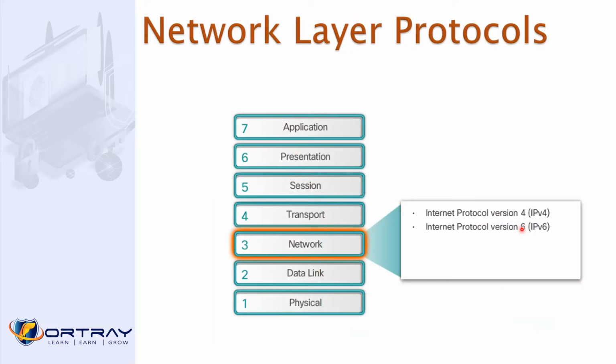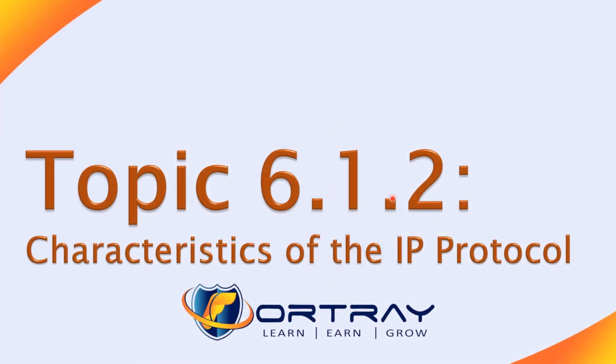You can see that layer 3 is normally called the network layer. It has two protocols, IPv4 and IPv6. We will discuss later on what IPv6 is, but IPv4 is already there anyway. So number one,